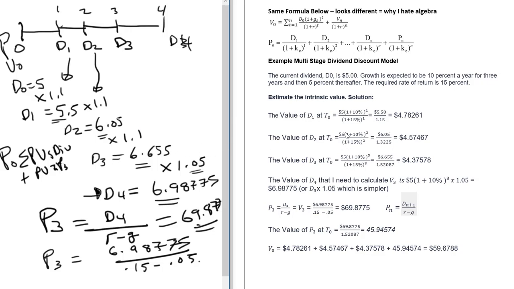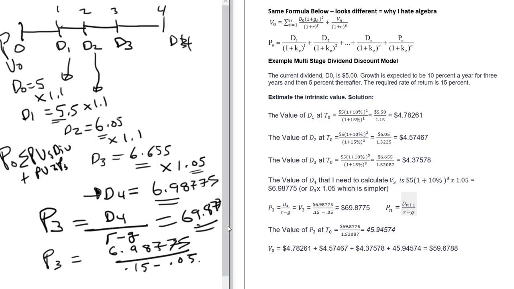6.655. We're going to do the present value at 15%. So we divide D1 by 1.15. That gives us the present value D1, present value D2, present value D3. Then we use the P3 we calculated down here, D4 over R minus G, 6.98775 divided by 1.15 minus 0.05, because that's the required rate, R minus G, 5%. And we get